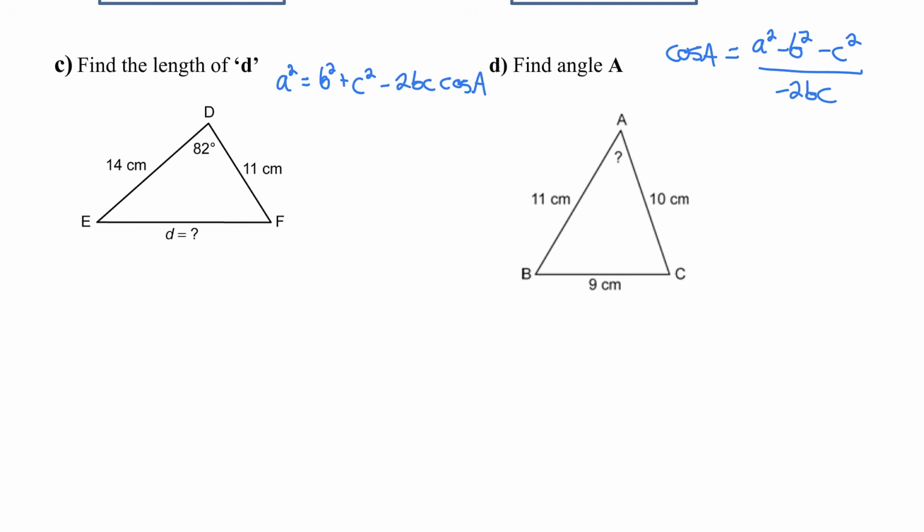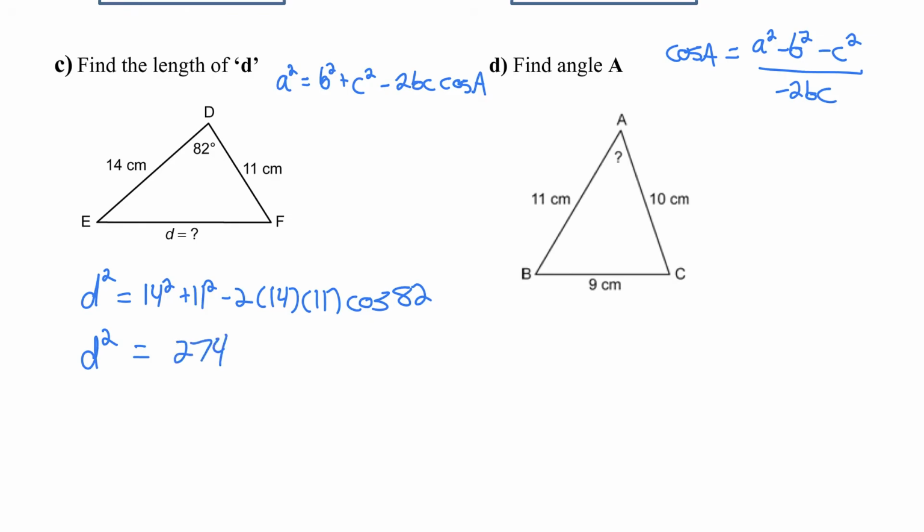That third remaining side squared is equal to, if we follow this pattern, the sum of the squares of the two known sides, so 14 squared plus 11 squared, minus 2 times the product of those sides, times cosine of the angle contained by those two sides. If I evaluate the right side of that equation, I get 274.1346849. That's what d squared is equal to. To get the value for d, I have to square root that number, and I get about